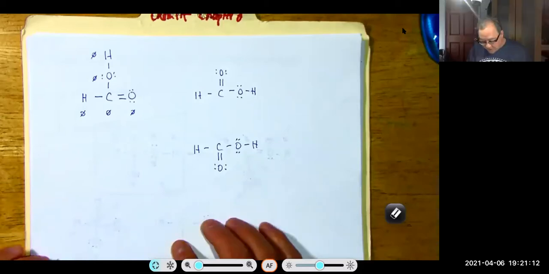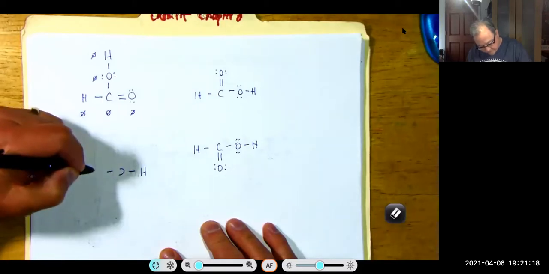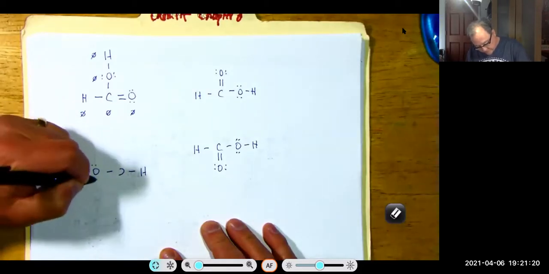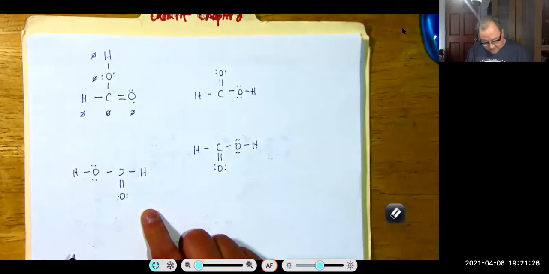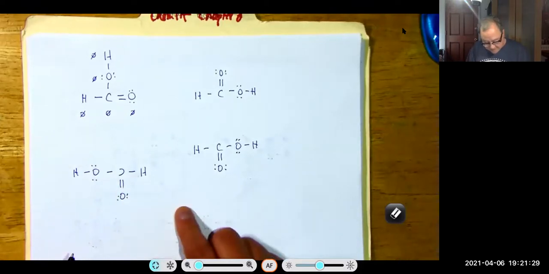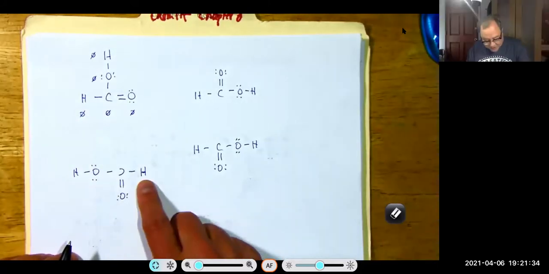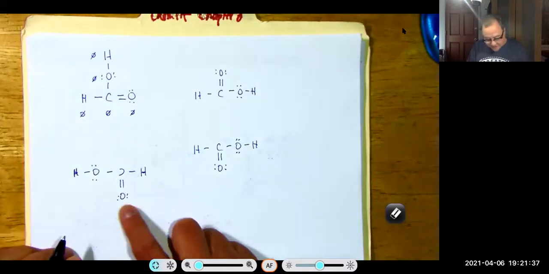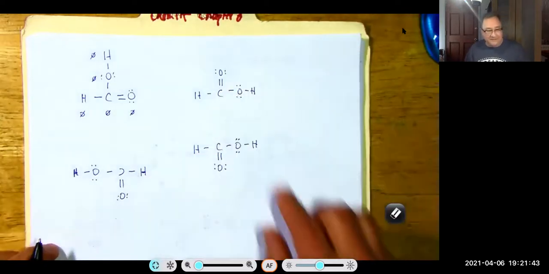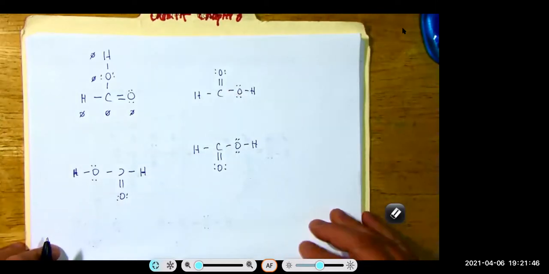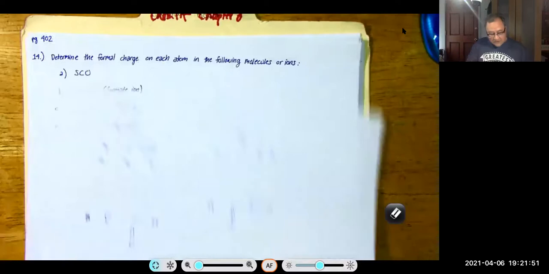The one thing I don't want to see you do is something like this. You see all the atoms are backwards? How do you know all these atoms are backwards? The C, because hydrogen backwards looks just like a hydrogen, and so does oxygen. But clearly, if you look at this guy in the mirror, it's going to look like that, right? I wish I had a mirror to show you, but I don't. Okay, so that is the formic acid